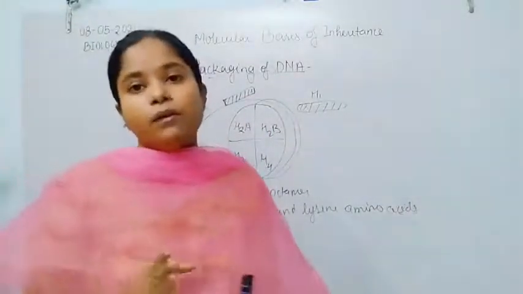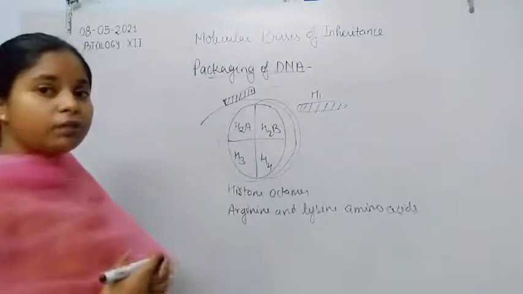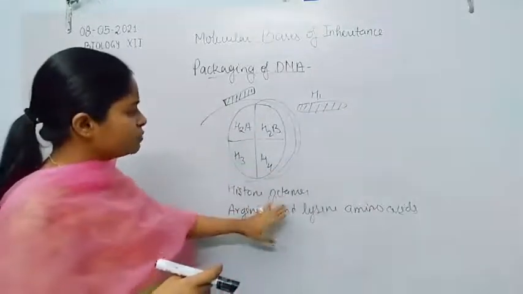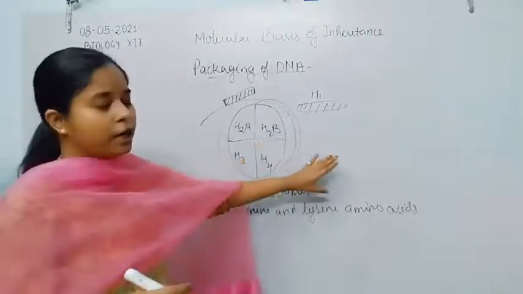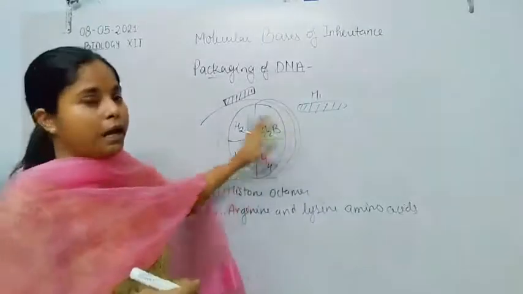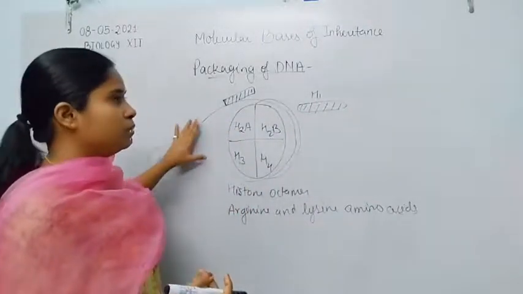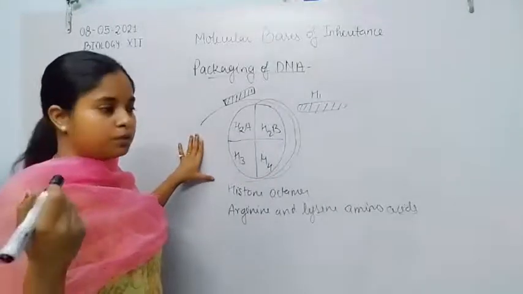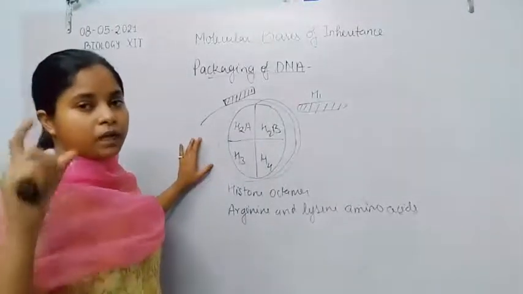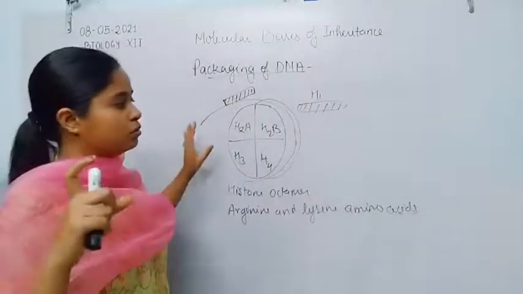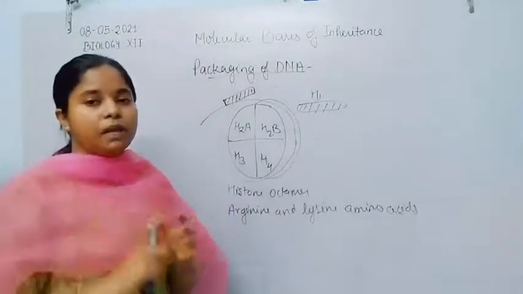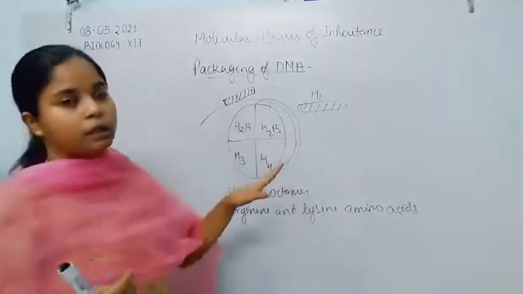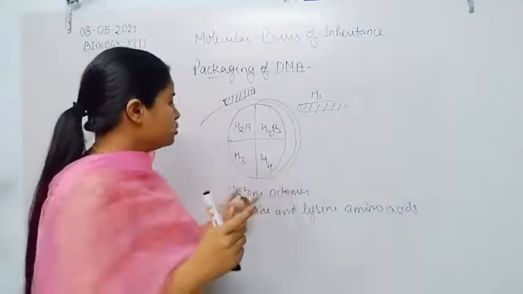That depends on the DNA molecule. If we calculate the length of the DNA molecule present over the histone octamer, we calculate the number of nitrogenous bases or base pairs and the distance between the base pairs, which, as we already know, is 3.4 angstrom. If we multiply that length by the number of base pairs, we can easily calculate the length of the DNA molecule which is present over the histone octamer.